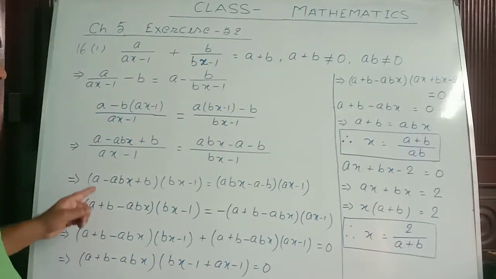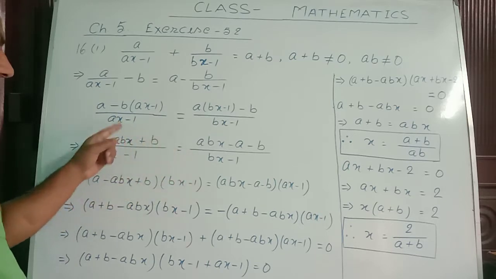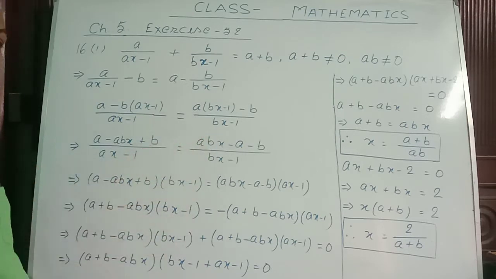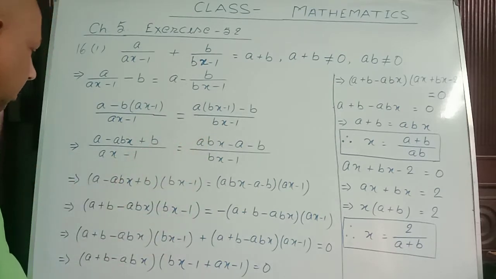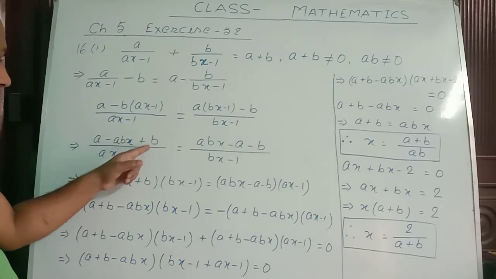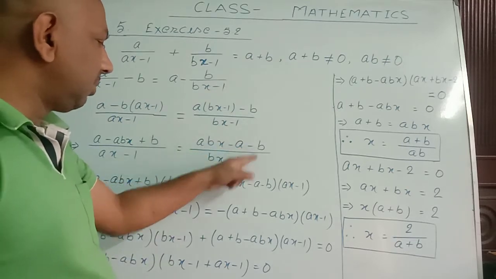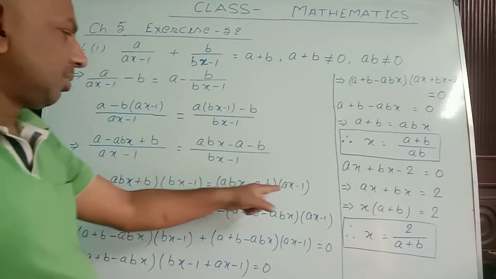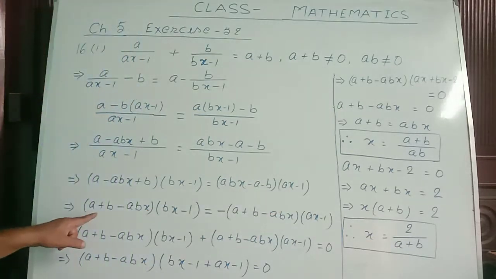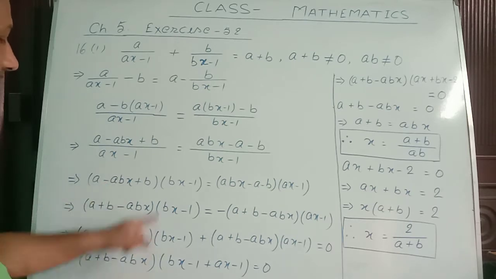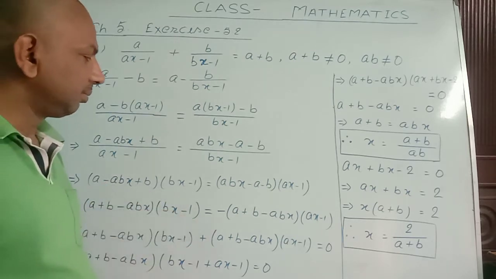Now, I have done this cross multiplication. These two will be multiplied together and these two will be multiplied together according to cross multiplication. And I wrote a minus abx plus b into bx minus 1 equal to abx minus a minus b into ax minus 1. Then I have arranged it. The terms with a plus sign I have written together: a plus b minus abx into bx minus 1 equal to